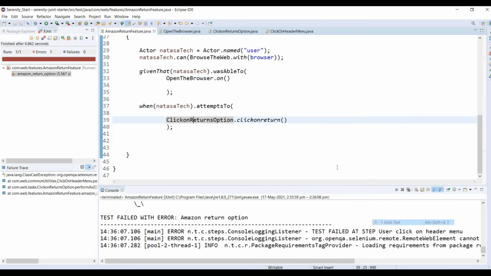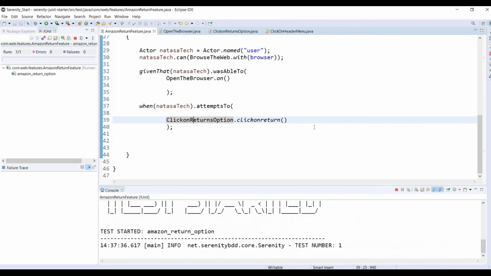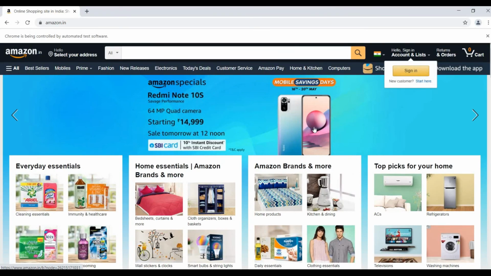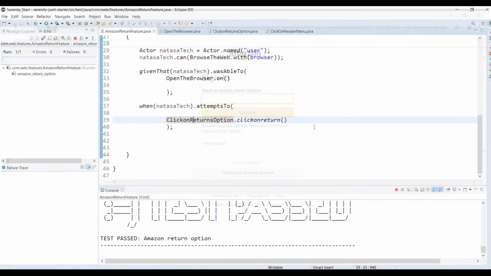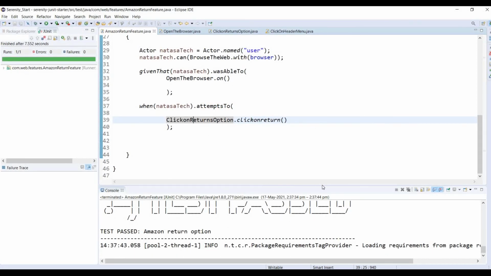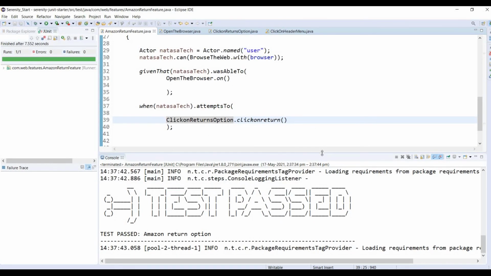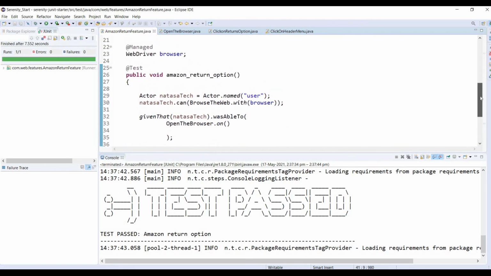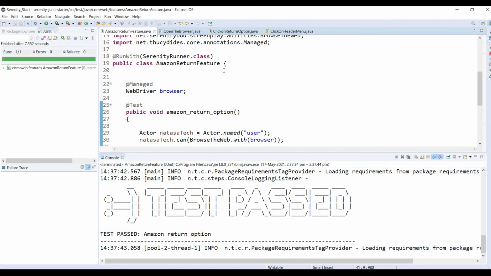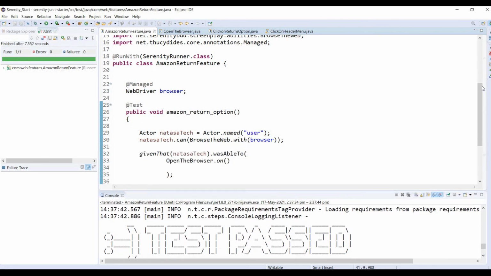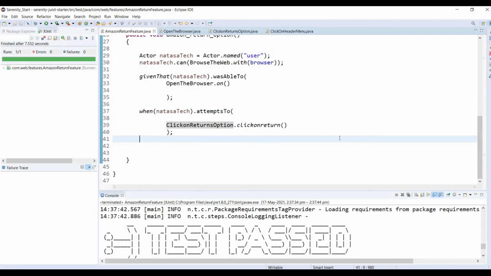We have to check. I think it is clicked successfully. Yeah, so now the execution has passed, right? This is the way we have to create the feature file. So we are done with the task file, and the task file we defined inside the features file. This is the way we have to implement the feature. Okay. Thank you guys.